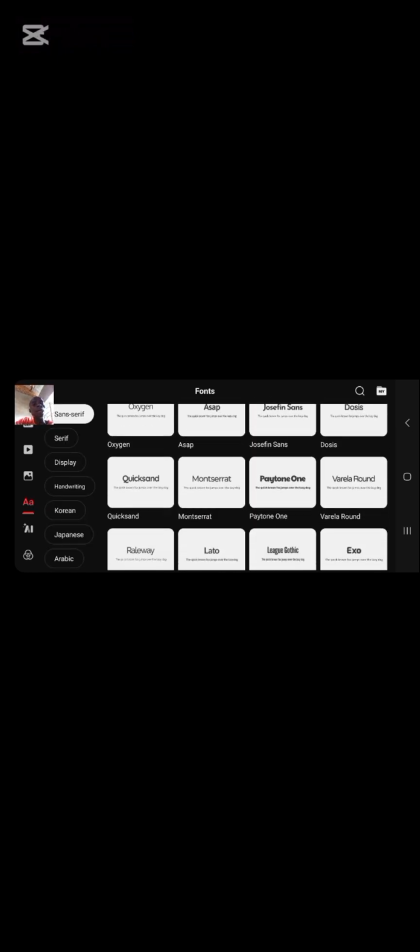Then you can download the fonts you need. There are several: handwriting, display, serifs, then Japanese, Koreans, and all those. So you will download the one you think is beautiful and suits you.